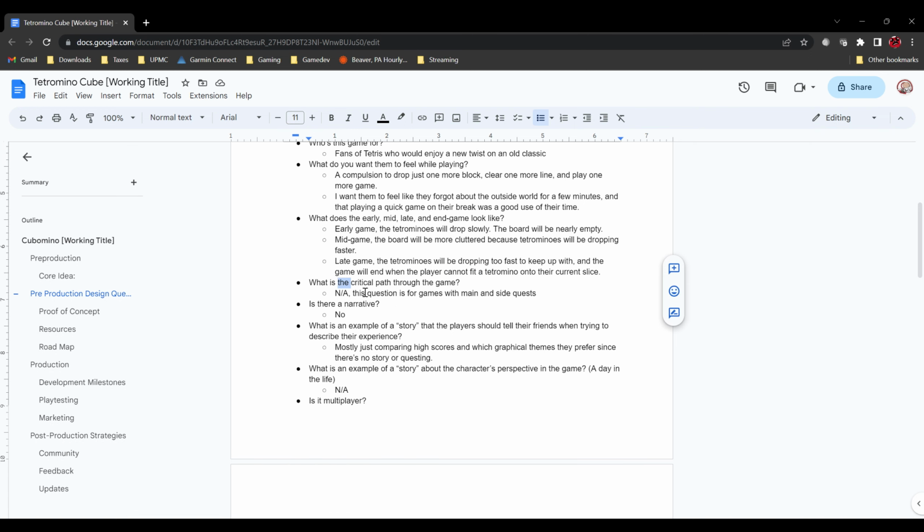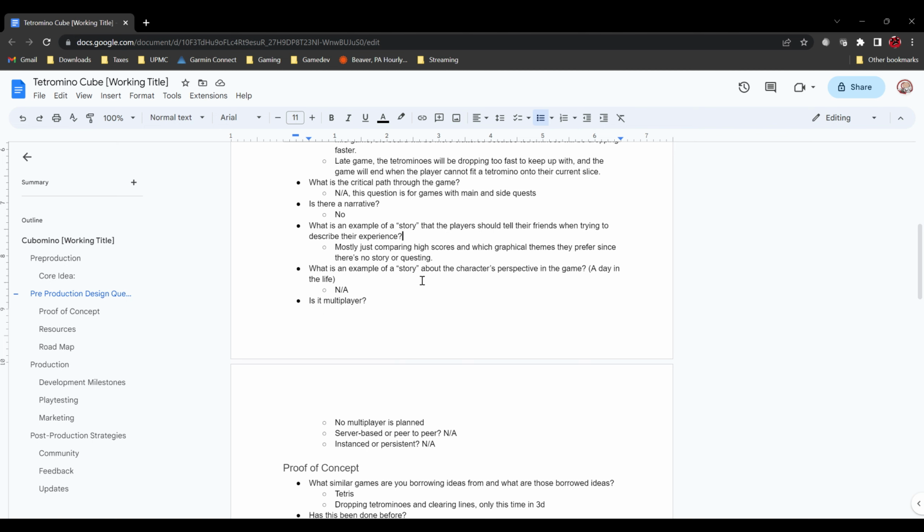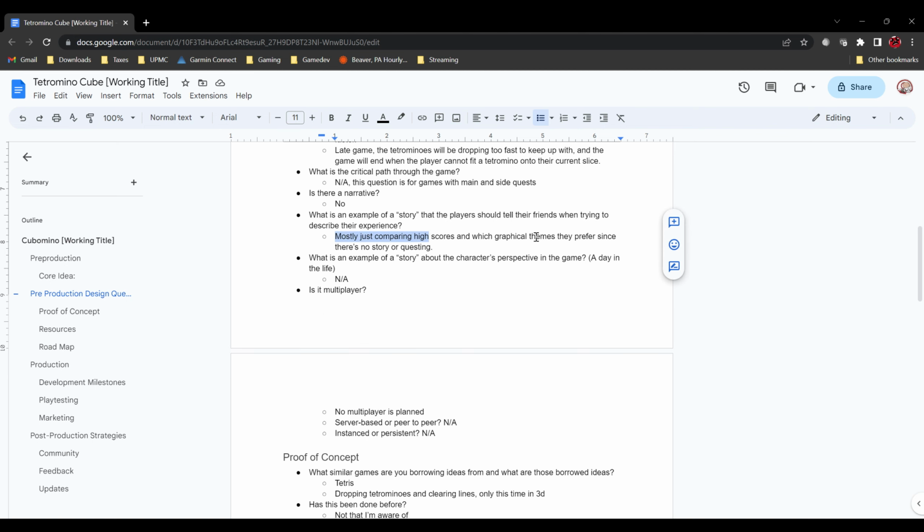What's the critical path? Now, I typed out here, this is meant for games with a main quest and side quests, that kind of thing. And there's no narrative. But another thing that another developer told me was, what's an example of a story that you want players to tell around the water cooler when they're at work the next day? But I'm just thinking for this game, it'd mostly just be comparing high scores and discussing what graphics you prefer.